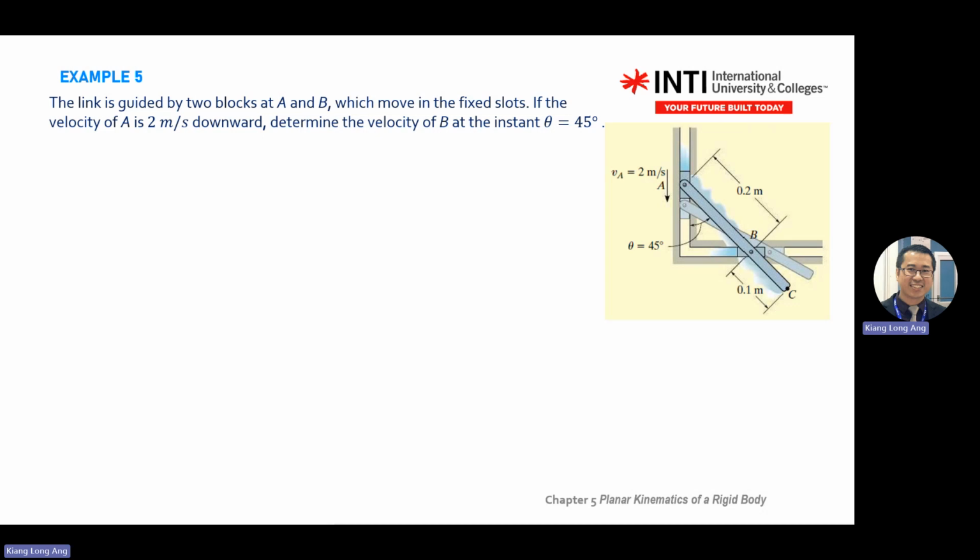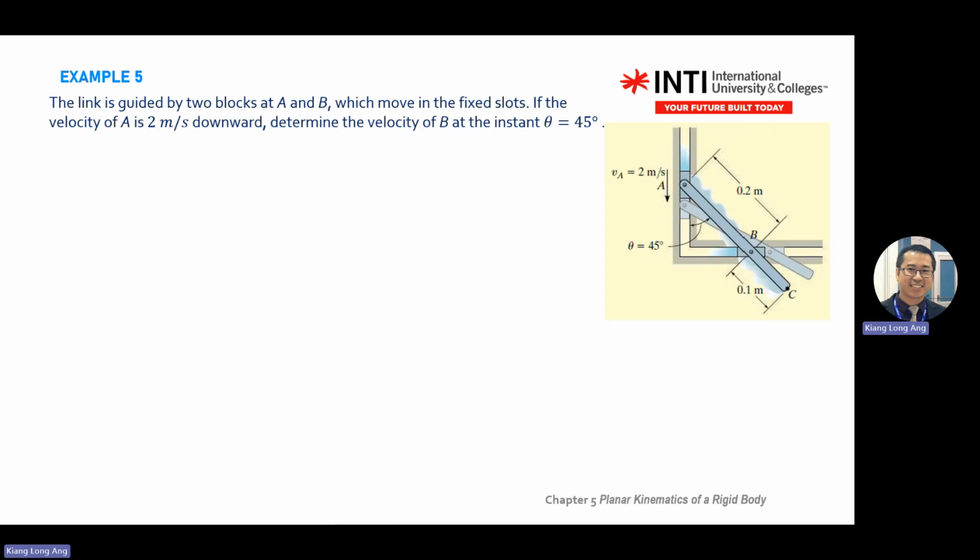So you have A moving in this direction, B you don't know, and you have an angle of 45 degrees. The distance of B to C is 0.1, A to B is 0.2, total length is 0.3 meter. So you have a link guided by two blocks A and B moving in a fixed slot. If the velocity of A is 2 meters per second downward, determine the velocity of B at the instant of